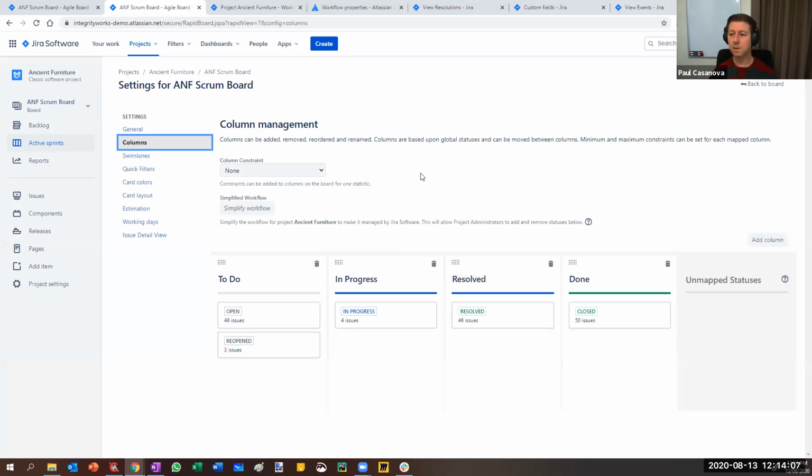Now for this board, we're not using a simplified workflow, we're using a specific workflow, and that was imported from the mock data that we were using. So we'll have a look at the workflow in a moment. But for this workflow, if we wanted to add another status, we can't do that from this board because we're not using a simplified workflow. So we might want to have an in review or testing status or column added, for example. So if we go to the project settings,